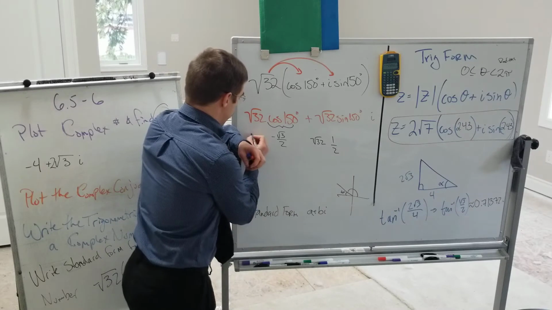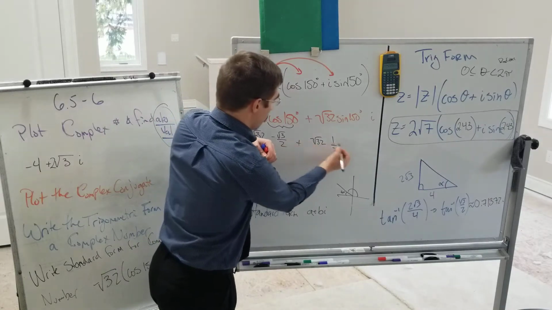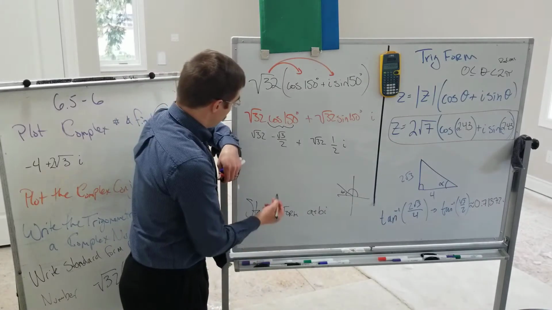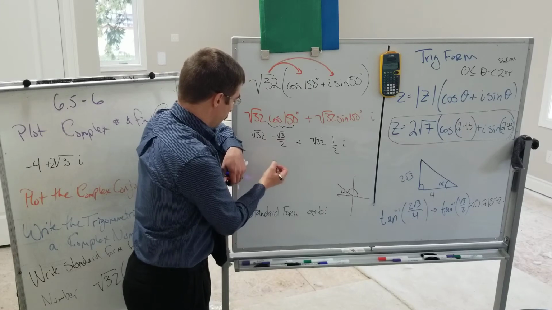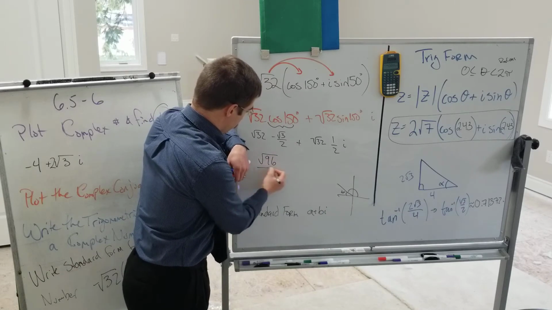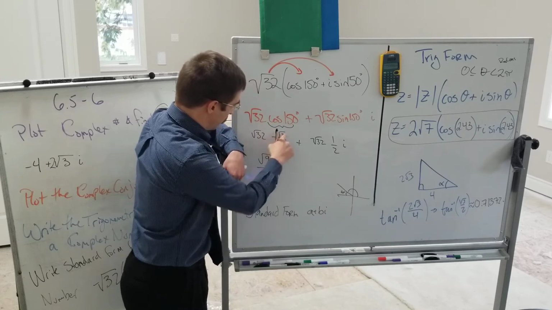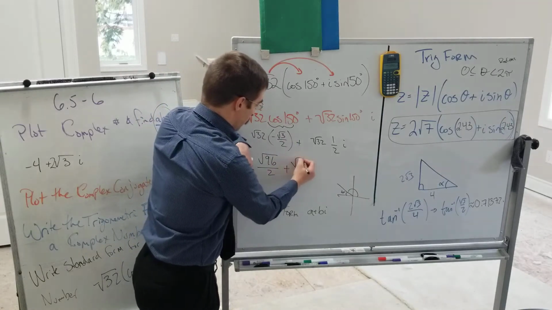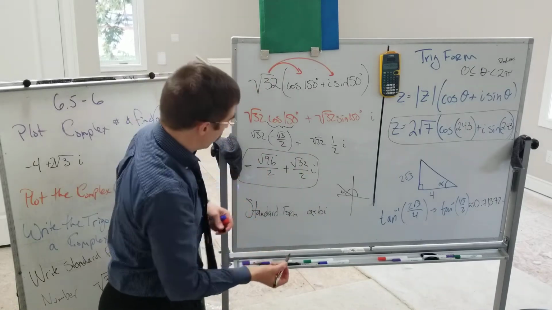Yep. So I have root 32 times negative root 3 over 2 plus root 32 times 1/2 times I. I want to simplify this, so I get square root of 32 times root 3, which is going to be square root of, oh goodness, 96 over 2. I don't know if we can simplify that any further. No, we can't, because that's 2 to the 5th. That's a 3. It's a negative, because it's negative. And then plus root 32 over 2I. That would be our